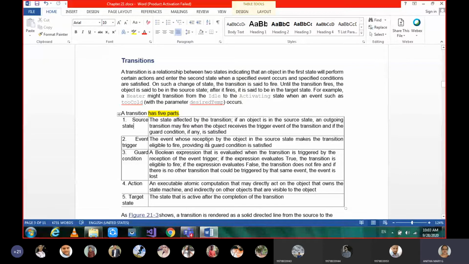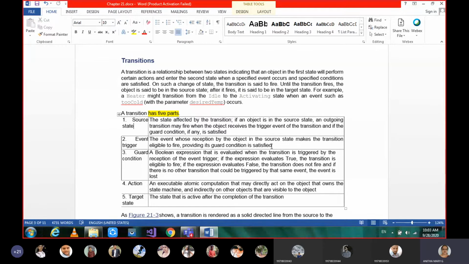The event trigger is the event whose reception by the object in the source state makes the transition eligible to fire. Eligible to fire means start acting, provided the guard condition is satisfied. Guard condition means, like in ER diagrams, if you have multiple flow controls, you give a decision box, and in the decision box you give the condition.